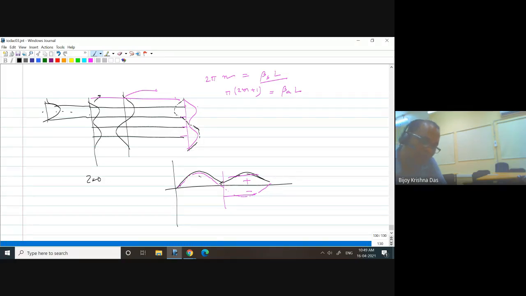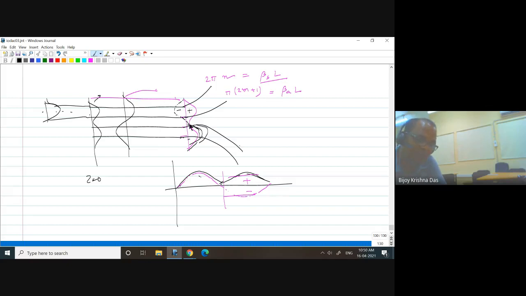Okay, so what happens if you see the superposition of these two modes? Here it is minus, this is plus, so they will cancel, and here both are plus, so the energy will be here. So after traveling, if they acquire a pi phase shift, then you can see that though they are independently carrying energy, the energy density will be mostly in the second waveguide.